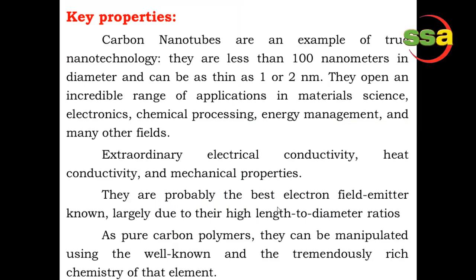What are the basic and key properties, in bullet form? Carbon nanotubes are an example of true nanotechnology. They are less than 100 nanometers in diameter and can be as thin as 1 or 2 nanometers in thickness. They open an incredible range of applications in materials science, electronics, chemical processing, energy management, and many other fields. Extraordinary electrical conductivity, heat conductivity and mechanical properties of carbon nanotubes make them widely used in the fields of electricity, electronics,